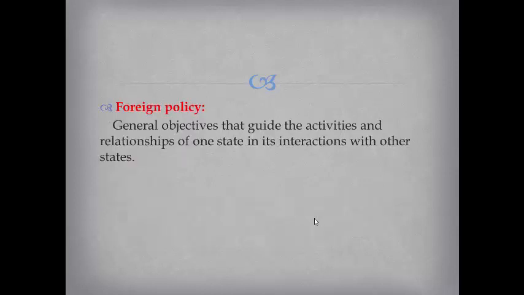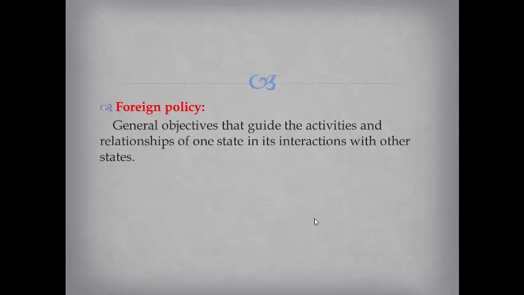So then the foreign policy: general objectives that guide the activities and relationships of one state and its interaction with other states. So by foreign policy we mean a policy that is set by a state for the relationship of one state with another state. These principles, these rules and regulations, supervise and monitor the actions and interaction of one state